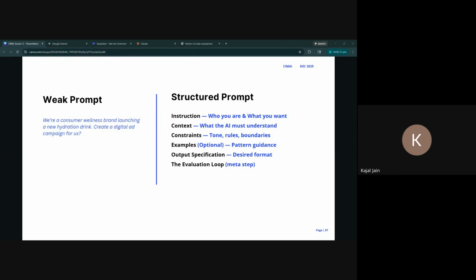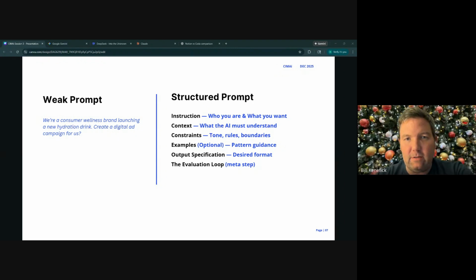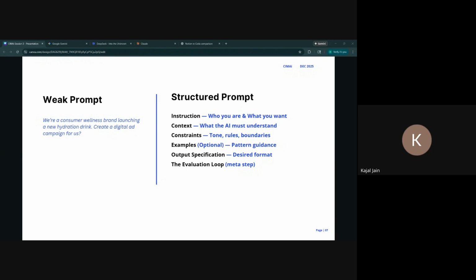Anyone up for sharing their prompt if you have worked on it or you feel satisfied with your prompt? Sure, I'll share. Okay, awesome. Do you want to see the little one first, and then the more? Yeah, let me let you present. So let me stop sharing and then go for it, Bill.